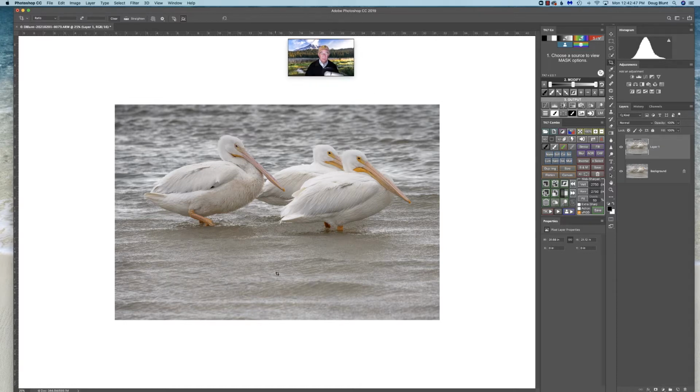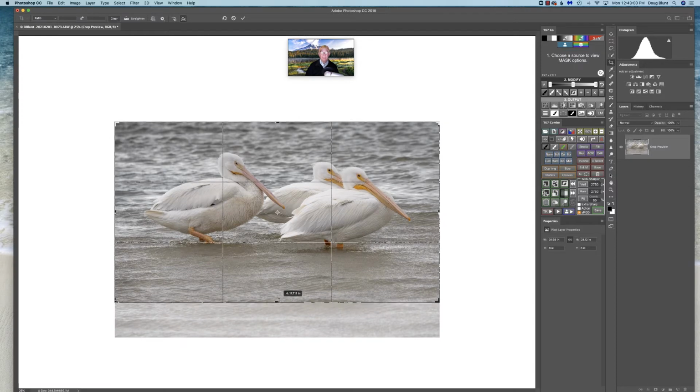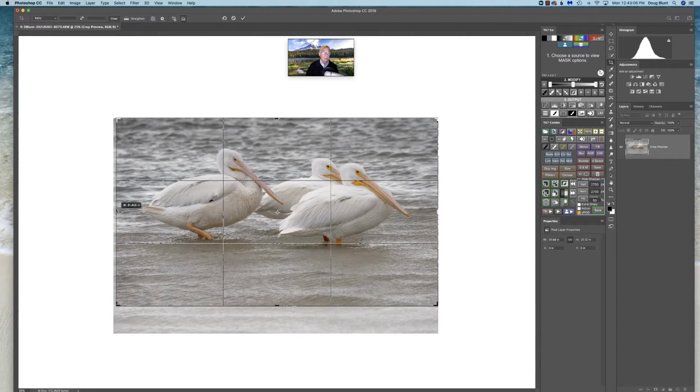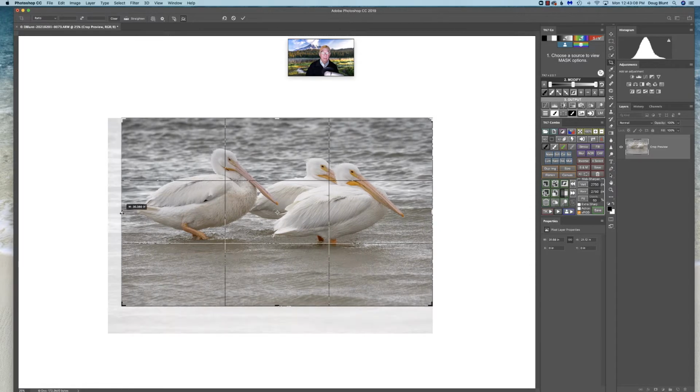First thing I'll do is just do a traditional crop using the crop tool. You can click on this up here or click C on a Mac to add your crop tool in. And what I'm going to do is bring the frame up a little bit. I'm going to bring these birds more towards the center of the frame, and I'm going to crop in a little bit on this side. And the reason I'm doing that on the back side is because I need a little bit more space out here